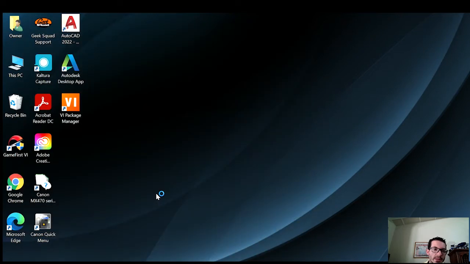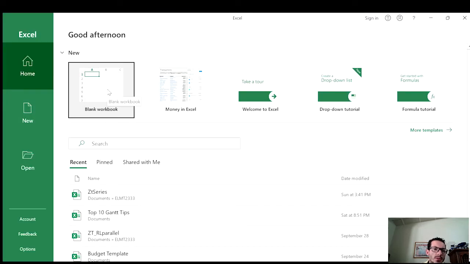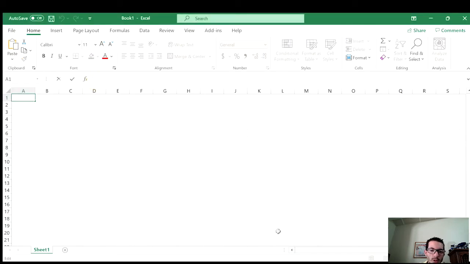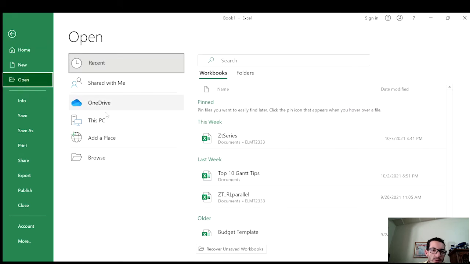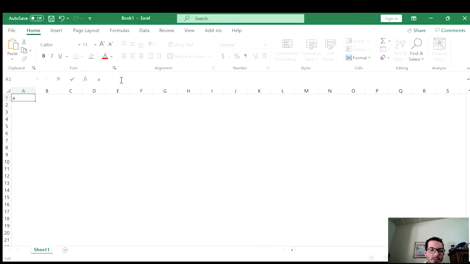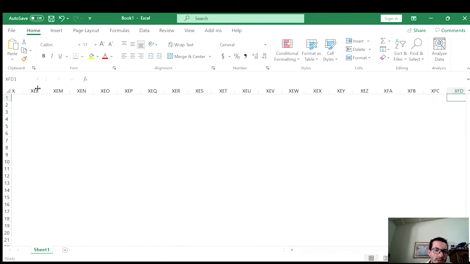So the first thing is that you want to open Excel, and you can just go to a blank workbook. If you have data that you want to import, you can go to File, Open, Browse, and open your TXT file, a text document, or basically any ASCII data type. ASCII data is numbers like 1, 2, 3, 4, 5, or also letters like A, B, C, D, E, etc. Those can be imported into the columns, which are vertical, and the